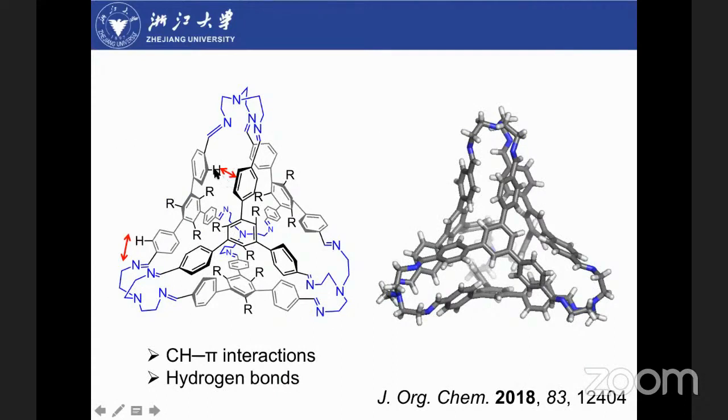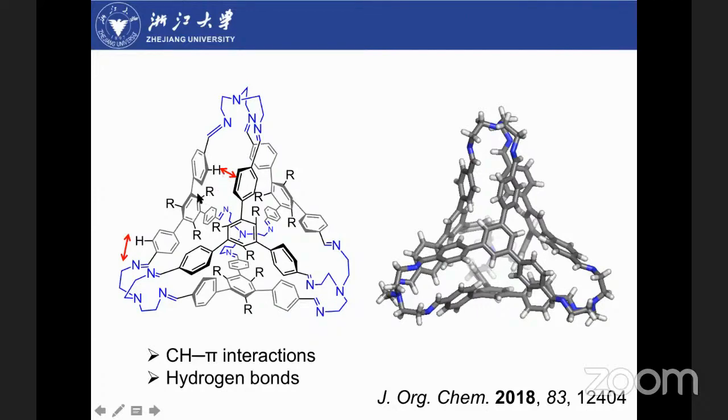Remember, this proton is electron deficient because this carbon is sp hybridized, and this is plus this pi bond. This benzene ring is electron rich. We have CH-pi, and also remember another proton has to undergo hydrogen bonding with this nitrogen. So you can see we have a hydrogen bond here, which means both of these protons will undergo either CH-pi interaction or hydrogen bonding. So you cannot remove any of them.